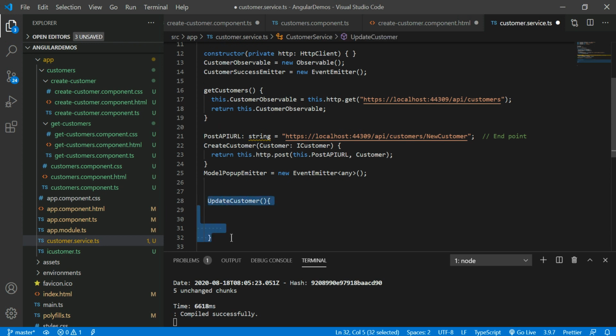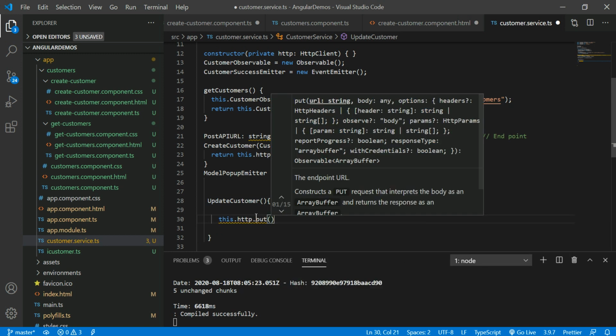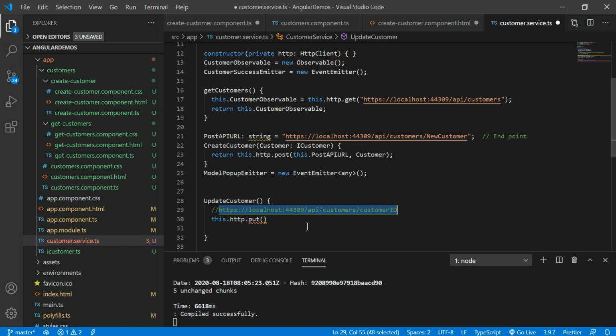Once you write the method, we have to prepare the put request. In this put, the first parameter is the URL. I have to take this URL because this API is giving it to me for the update